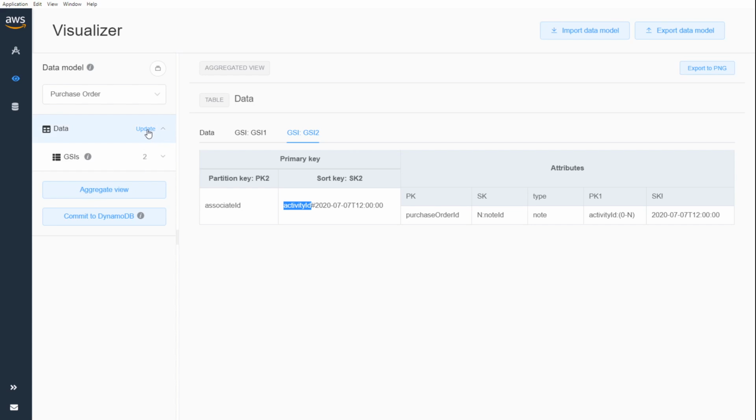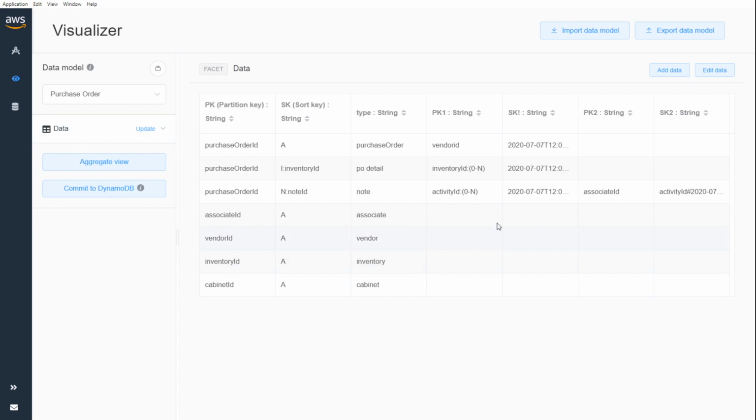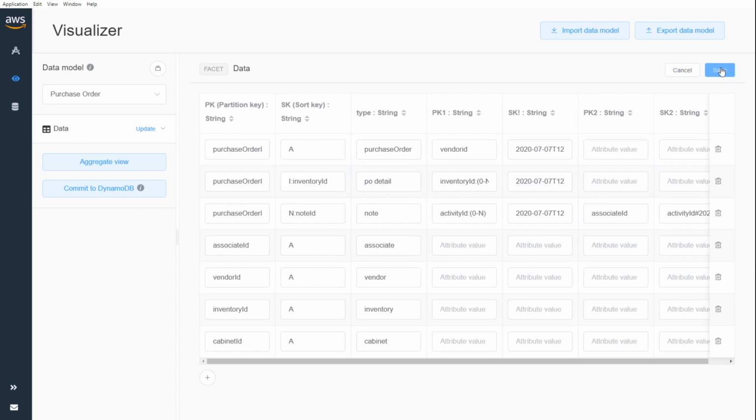So let's take a look at our next pattern, which would be get incomplete PO items by date range. Okay, so this would be a second dimension that we are indexing our items on, and that would be a status. Incomplete, which would be basically not delivered, not shipped. This would be